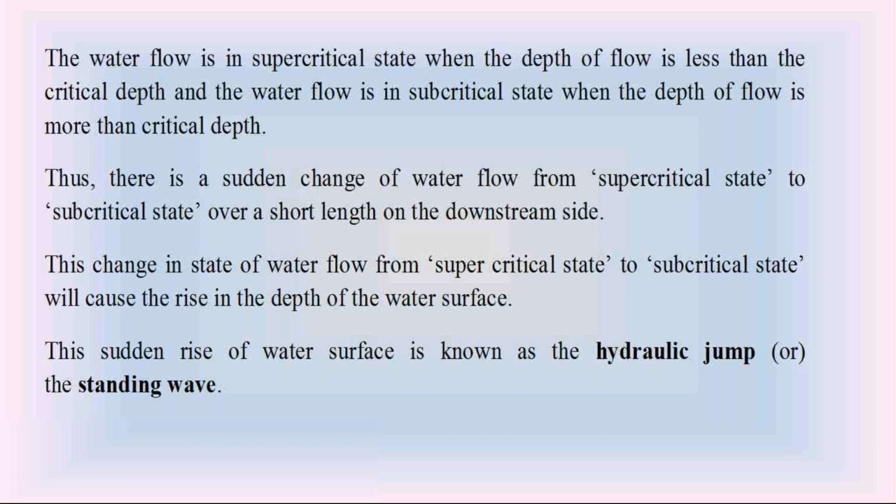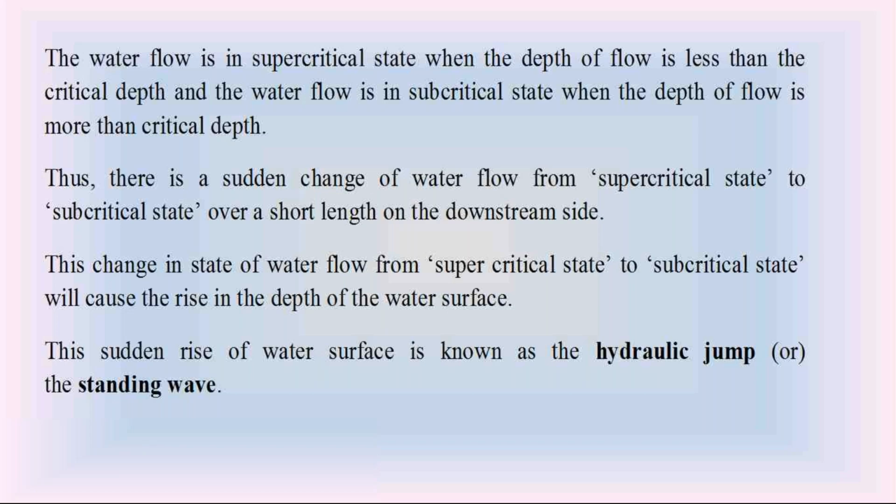Because at the hydraulic jump there is a formation of rollers. The water is in a rolling condition. So the color of water at the hydraulic jump is almost white. On the upstream side, the water is green. On the downstream also, the water is green. But at the hydraulic jump, the color of water is milk white. If you have the possibility, check the hydraulic jump if there is a canal with gates in your area.